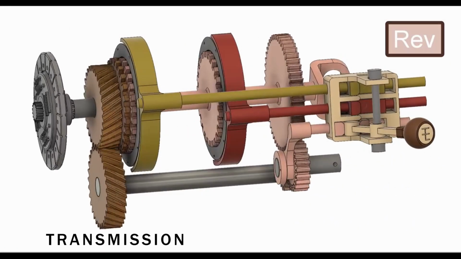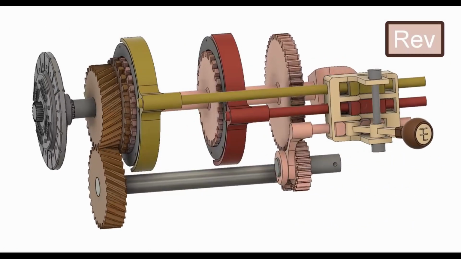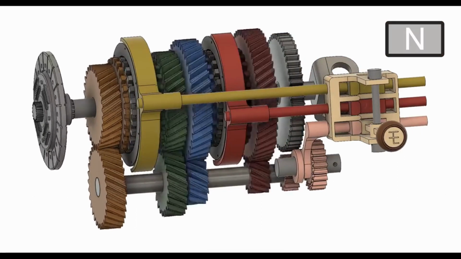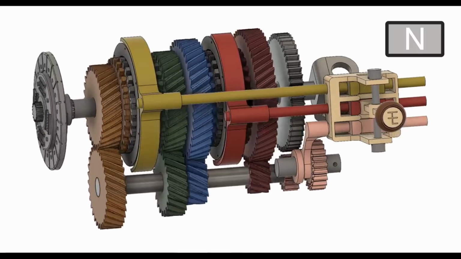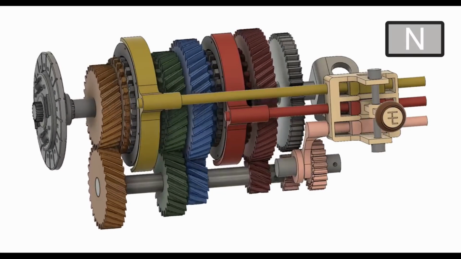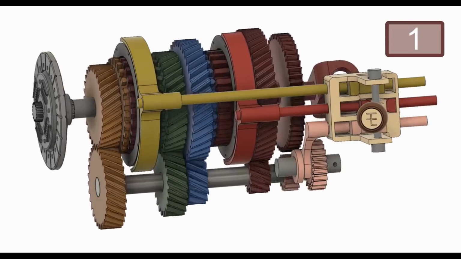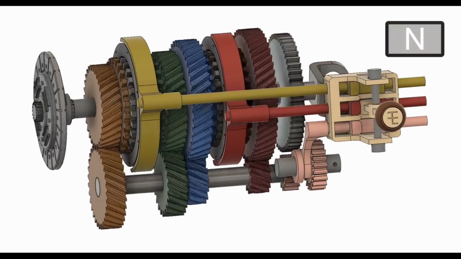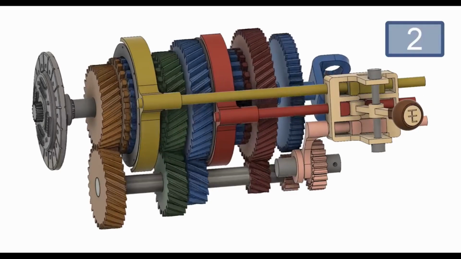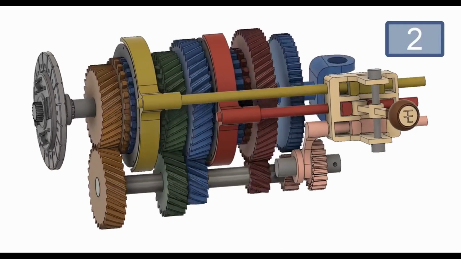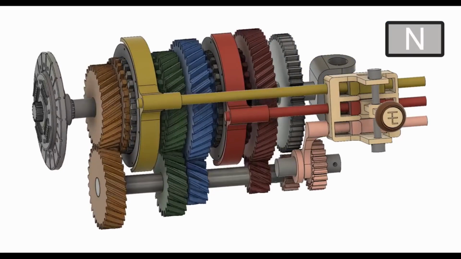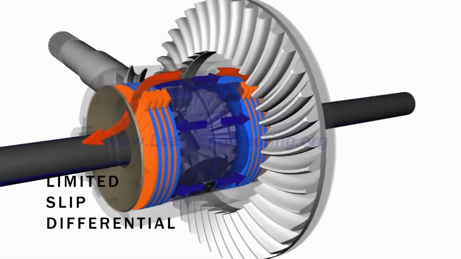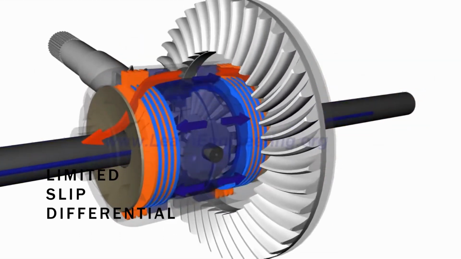Lastly, we have the transmission. It is equipped with a 5-speed manual transmission system having front wheel drive as the drivetrain. A manual transmission requires the driver to operate the gear stick and clutch in order to change gears, unlike an automatic transmission. A manual transmission comes with a gearbox, a clutch, a differential and a rear axle. The gearbox is a constant mesh type, which means all gears are in mesh with each other, and it has 5 gears and a reverse gear. The differential used is a limited slip differential and the clutch is a friction clutch.